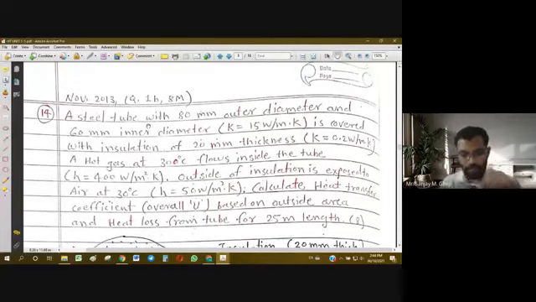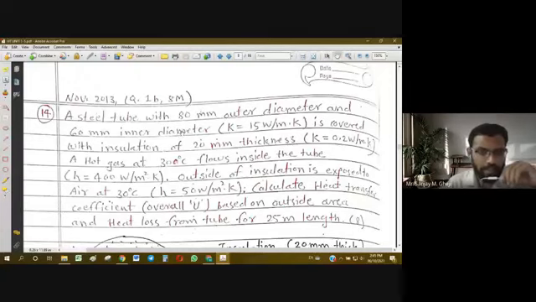Now you know that a tube is a case of hollow cylinder. Tube or pipe, all these come from the cases of hollow cylinder. So the steel tube has outer diameter of 80 and inner diameter of 60. Diameters are given. We can easily convert them into radius, because for calculation purposes we require radius. Radius is just half of diameter. So the outer and inner radius are given.